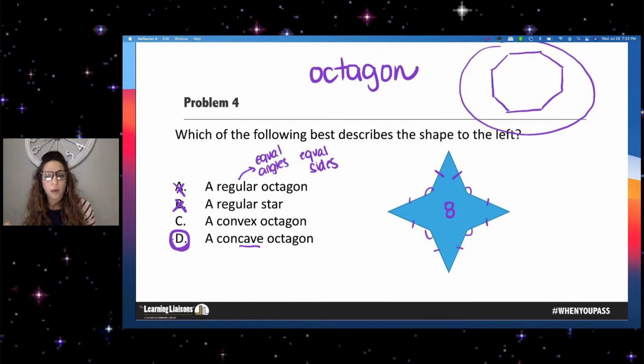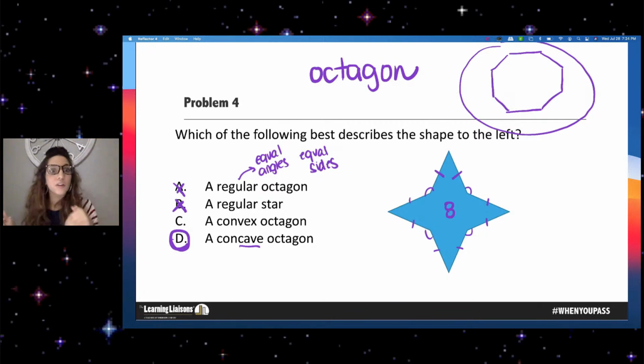Let's practice another one, like contact lenses. So a contact lens, it's going to depend on which direction you're looking at them from. That's a really good question. So like if you're looking at it like this, that would be convex because it's out. But if you're looking at it like this, that would be concave. So that's kind of an interesting one.